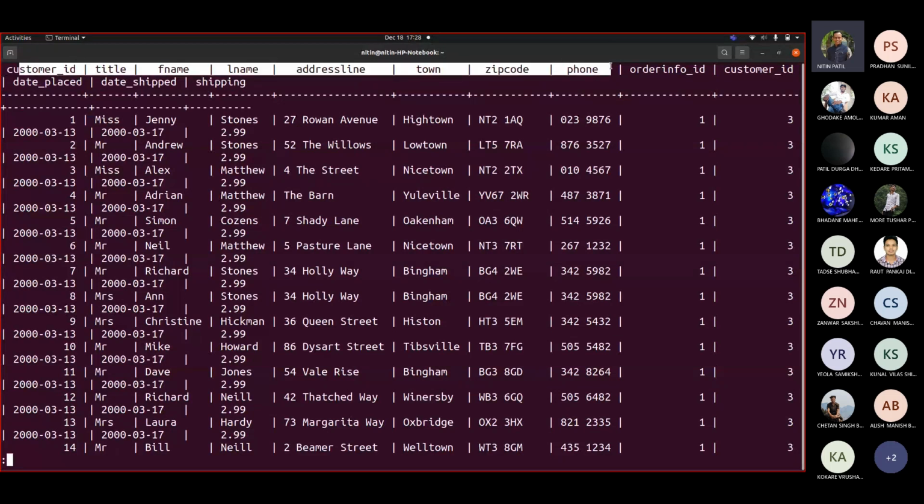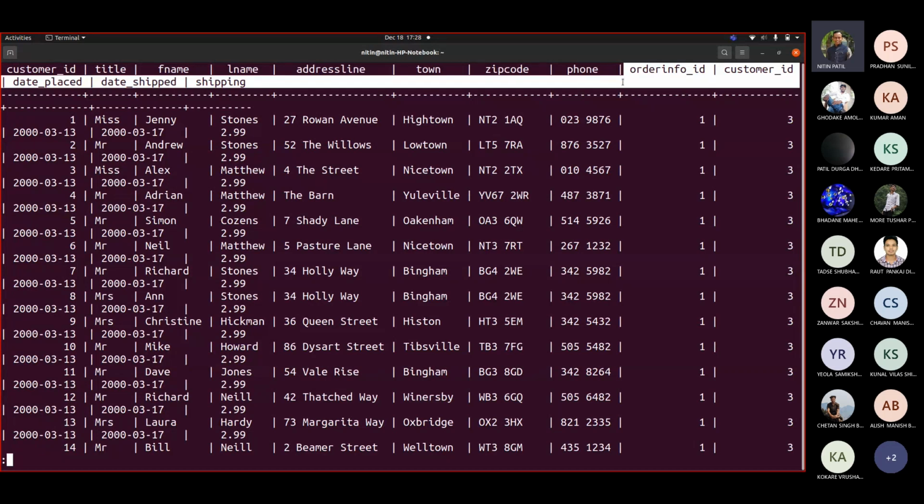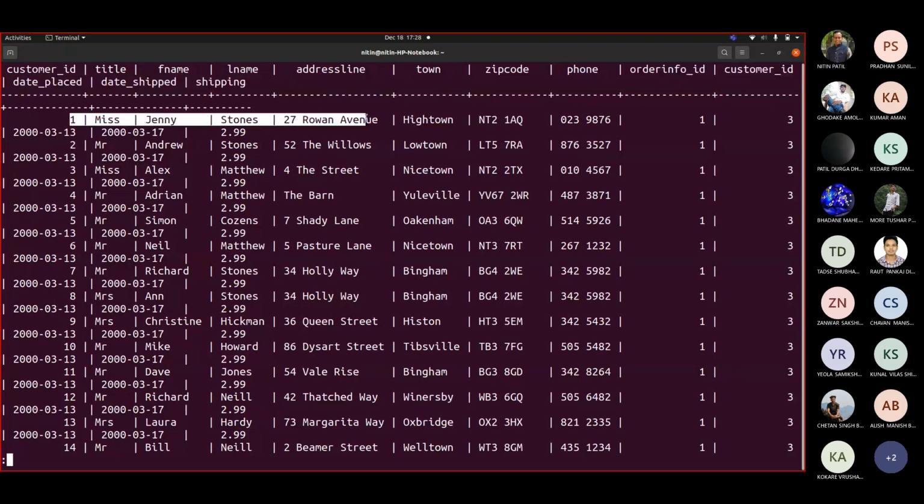Up to this is your customer table. And then later we had columns from that order info table. Now see here what is similar. I can see the first customer till this phone, and my first order info ID with customer ID 3, date placed and 2.99.